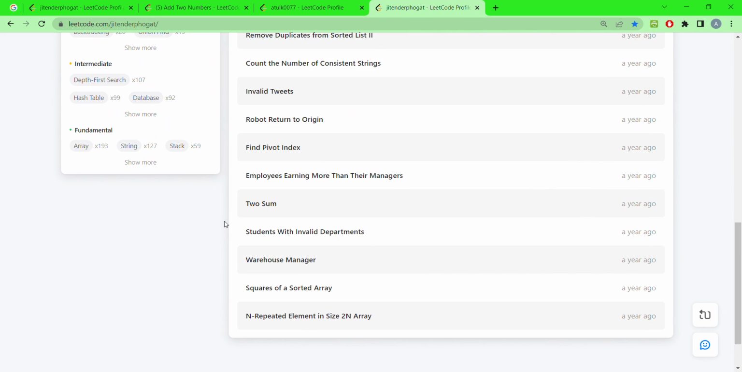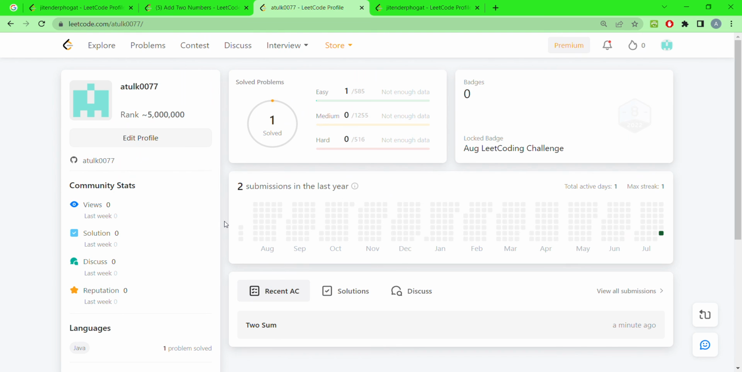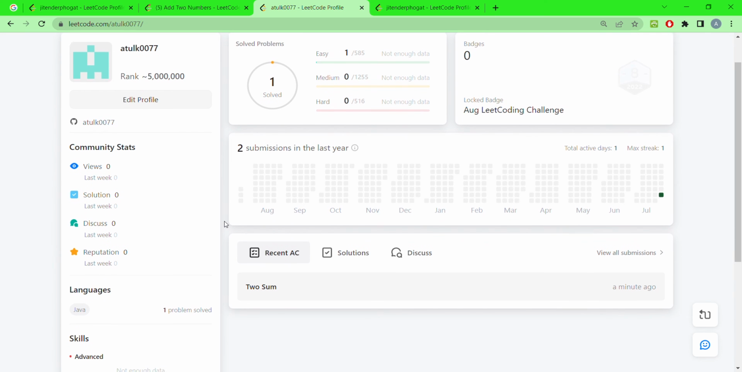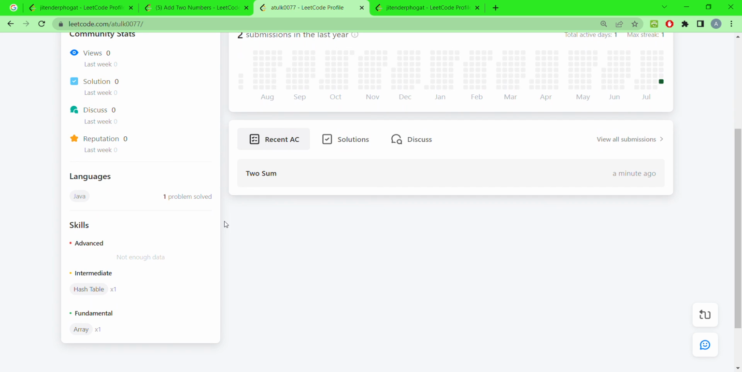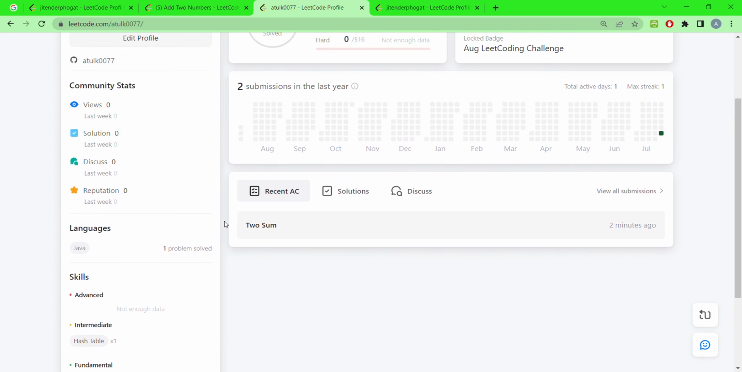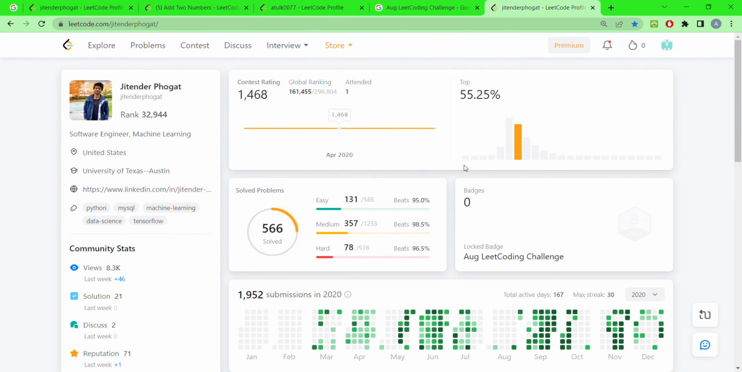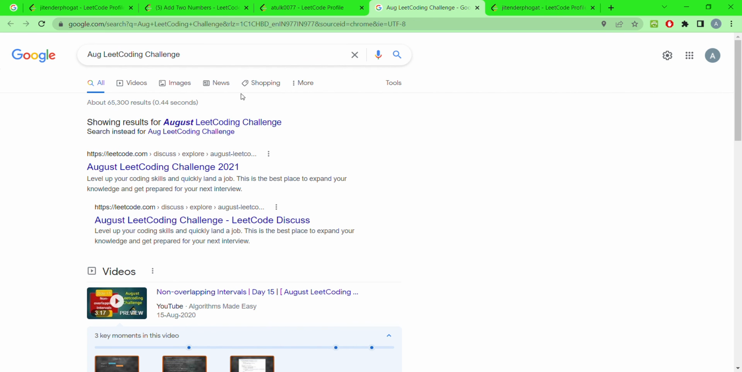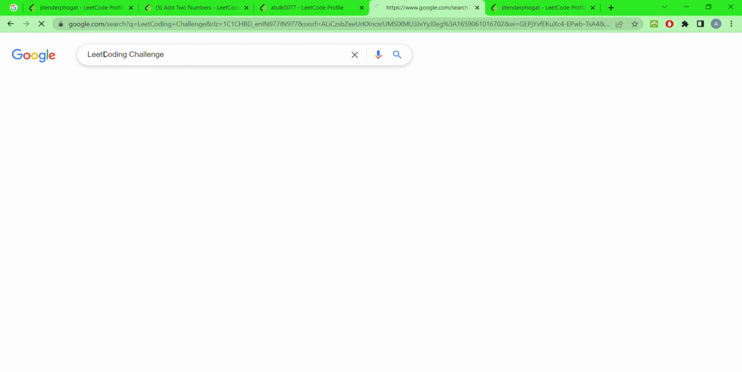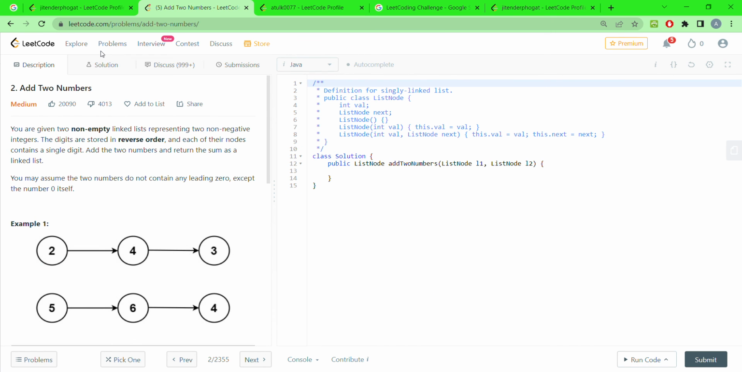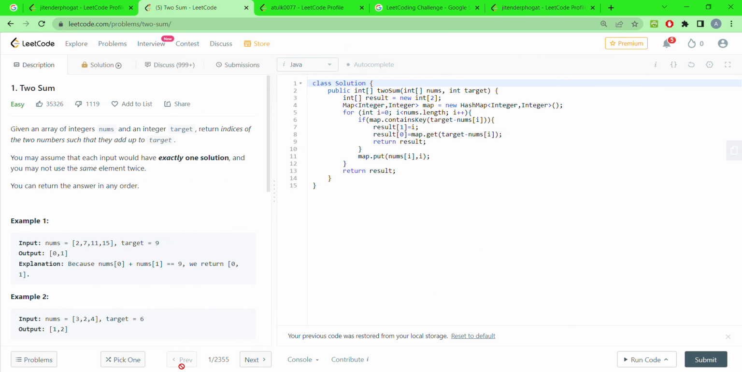Okay, some he submitted. Okay, easy problems. I did solve. Woohoo! I solved in Java. Hash table I used, arrays I used. Good, good. This is the beginning of my profile. August LeetCode challenge, locked badge. What is this? August LeetCode challenge. Okay, yeah. So that's it. The problem is solved. It feels good, and although I'm still a beginner,